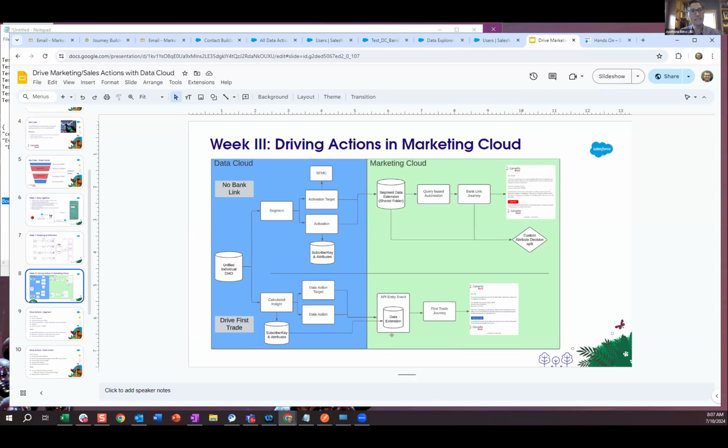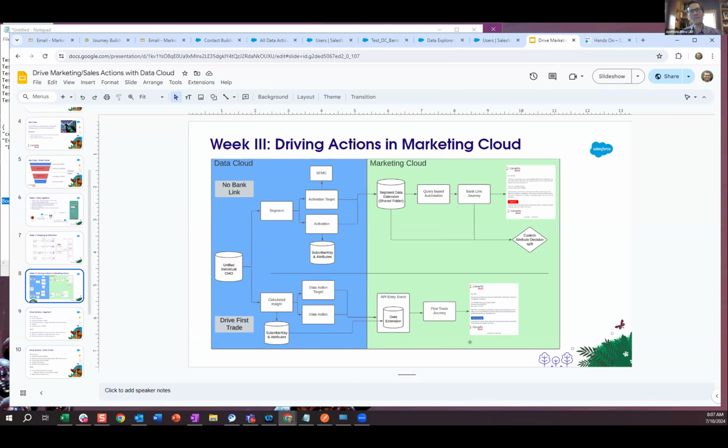So in today's session, we're going to have Lakshmi build the data action target, and then the data action, which will pull from both of these assets. Finishing out the process, we'll publish the calculated insight. We may not be able to see the actual journey entrance come into the entry event. It does take about an hour for that to happen, but we're going to use Postman to replicate the process of data populating in this API entry event, see the data come in, and then